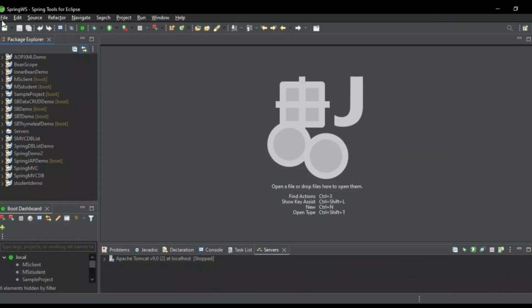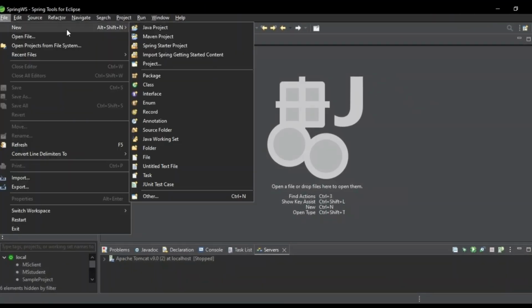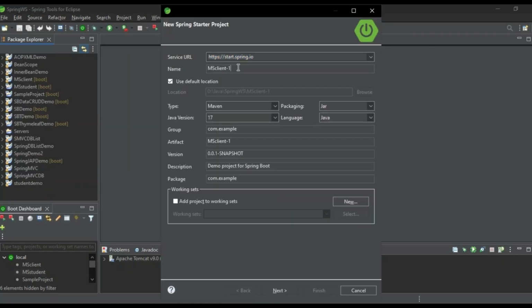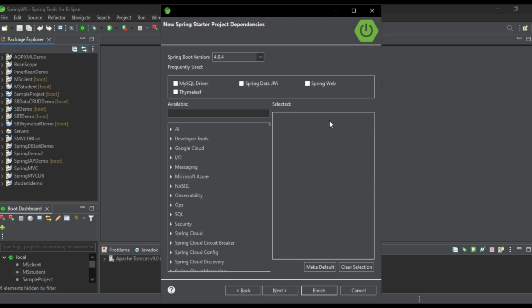Go to STS and File, New, create Spring Starter project. Here I am going to give the name as student-service, using the default location, Maven type and jar packaging. Java version is 17 and language is Java. I am not editing anything. Then click Next. Here I am going to choose